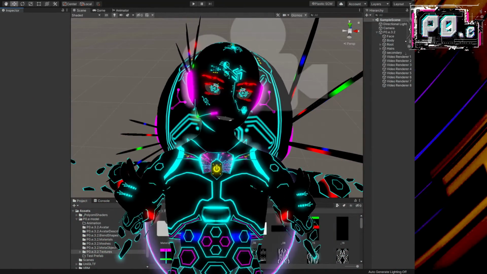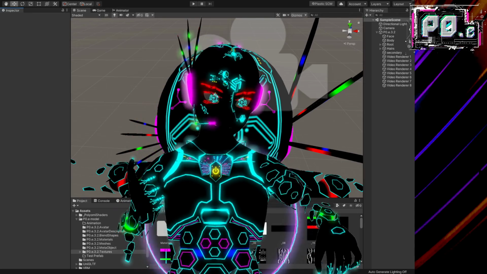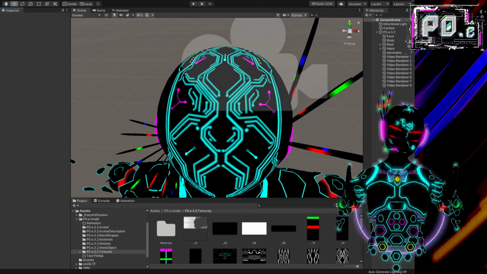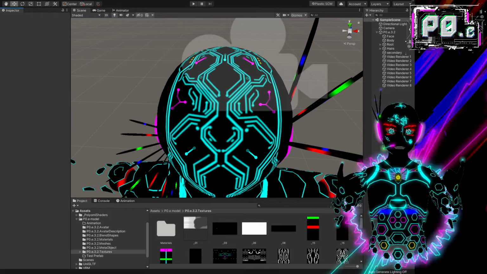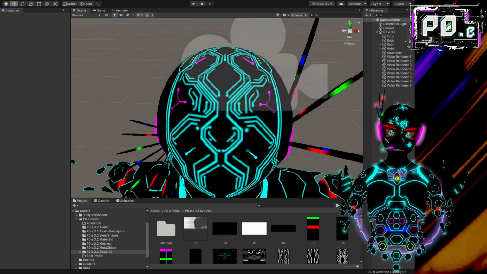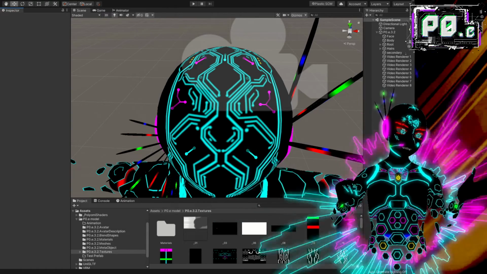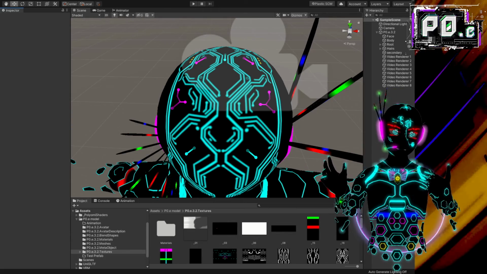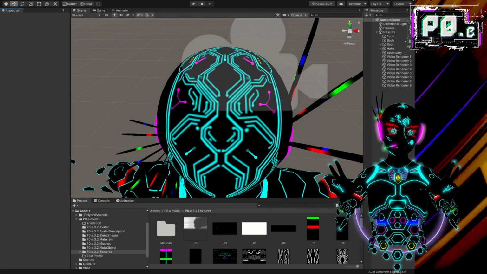So how do we do it? Well, in Unity, it's surprisingly easy, and it's odd to me actually that I haven't seen too many people talk about this or any tutorials for it. It's very, very easy. So you see in my preview here, probably what you might expect coming out of VRoid,